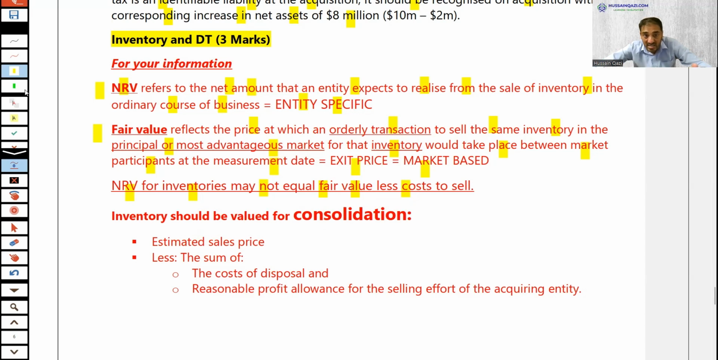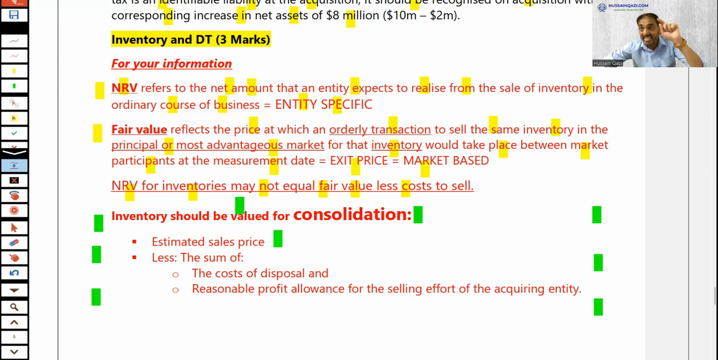But what is the condition for consolidation? What does the accounting standard say about inventory at the acquisition date of a subsidiary? Should it be at fair value or something about NRV? So this is the concept I've mentioned. Inventory should be valued for consolidation